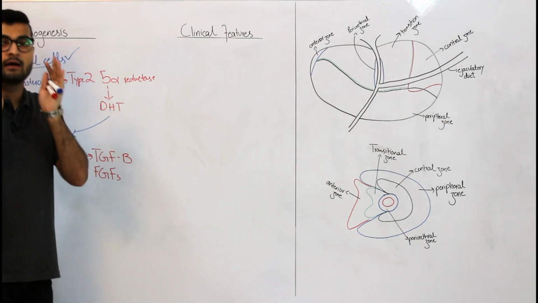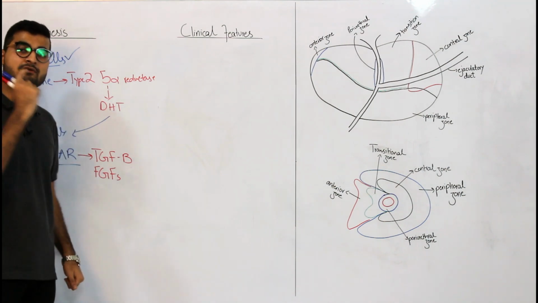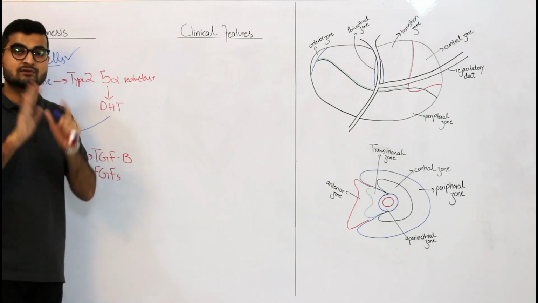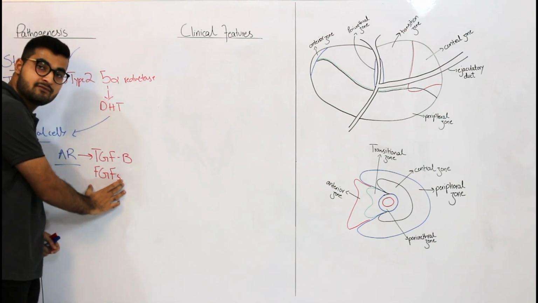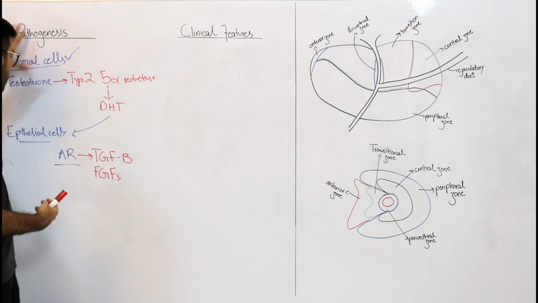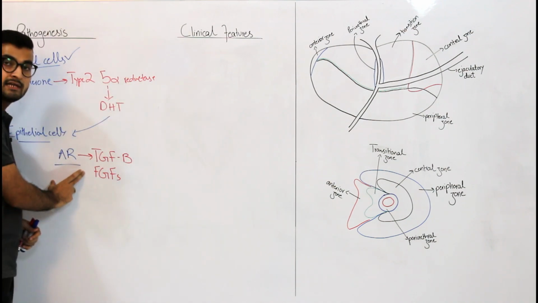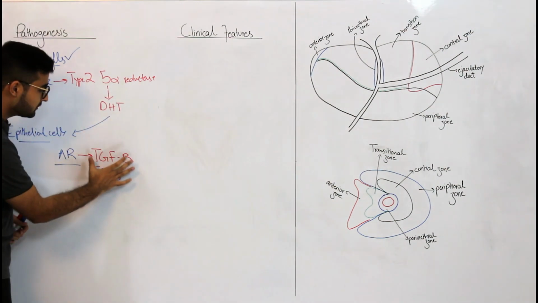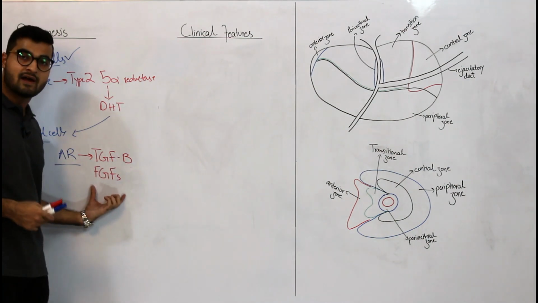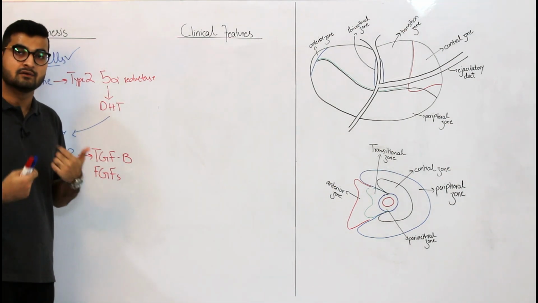When a child is born, and when the child is inside the mother's womb, the prostate is being made, like there is an embryonic prostatic tissue that is being made, and FGFs are responsible for that production. Now obviously in an adult, when you have all of this going on in an uncontrolled manner, DHT is going to act on the androgen receptor and produce TGF beta and fibroblast growth factor. Fibroblast growth factor is going to lead to increased proliferation of your prostatic tissue.